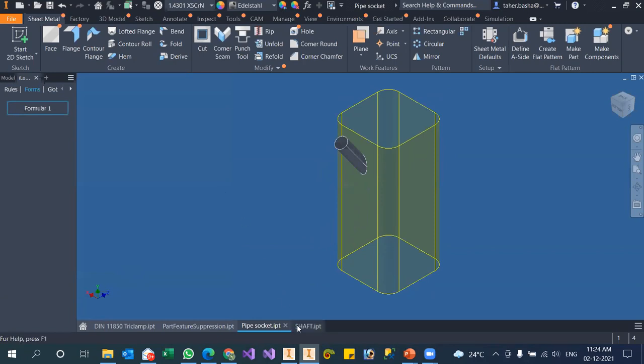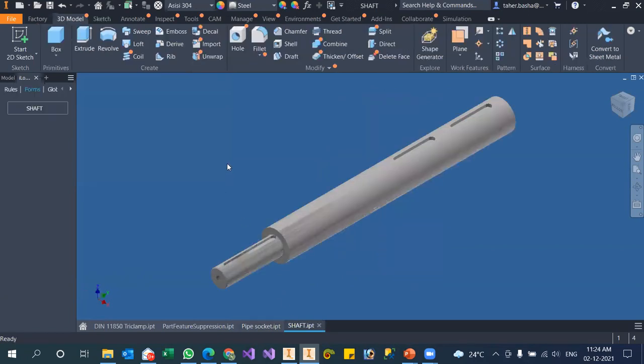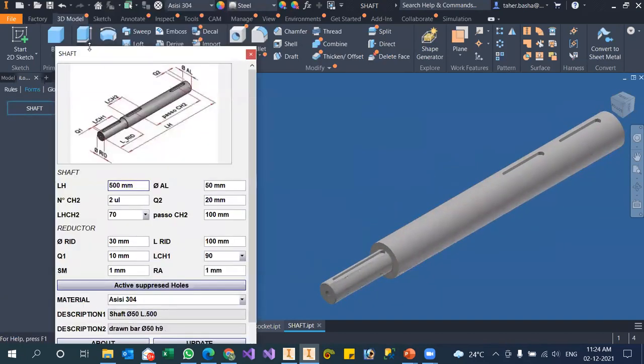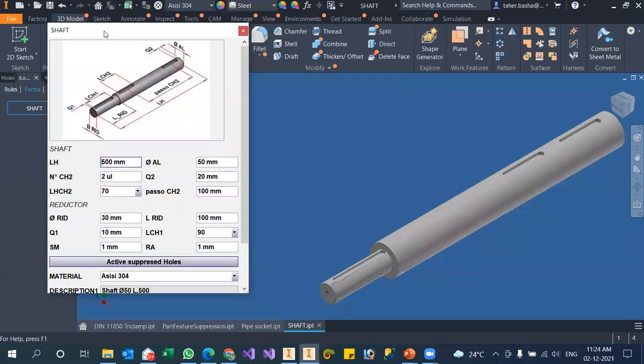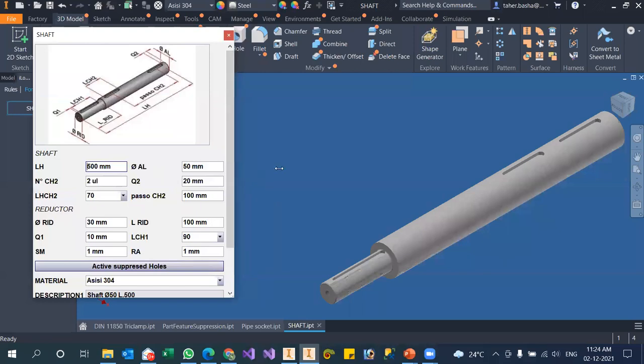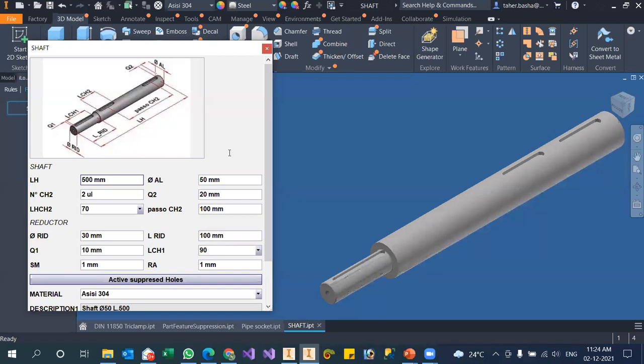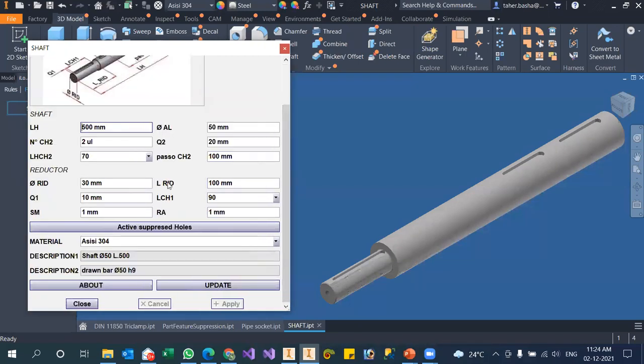So next, let me go for another sample where we have a shaft. It has got complete details. Now we are working with intricate details. So far we have seen small models, then we have seen how to control the features, then we have seen how we can control the live. Now we are going to check how we can give the complete details to the model.